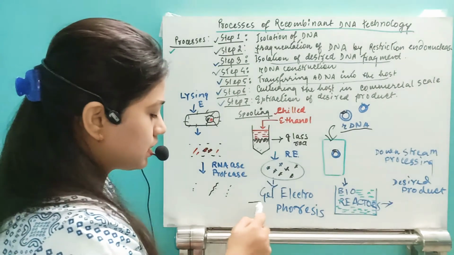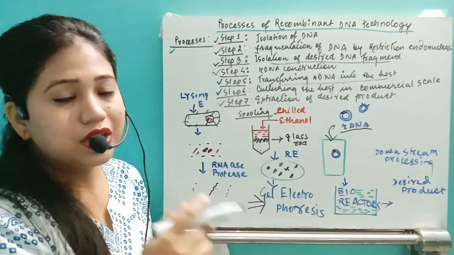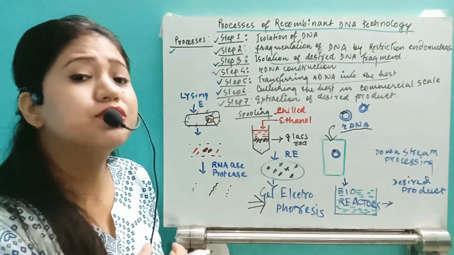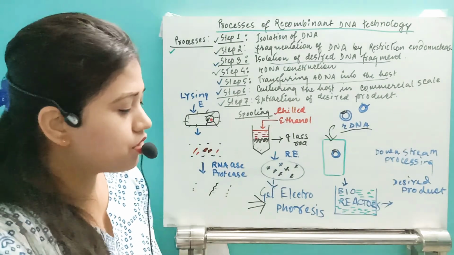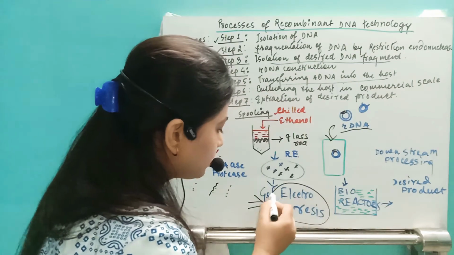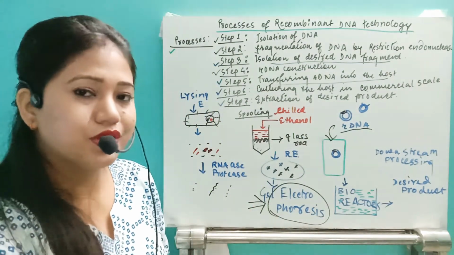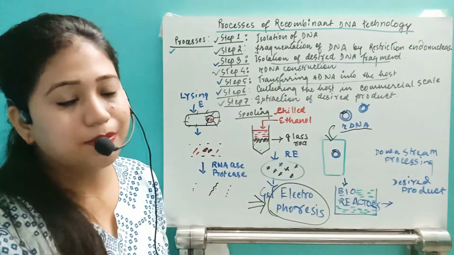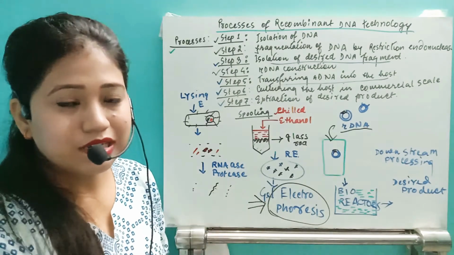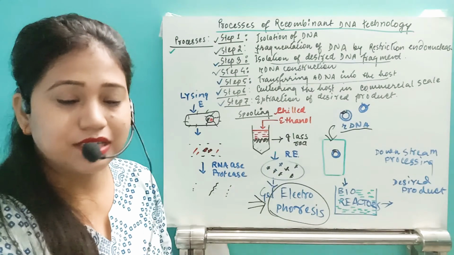But we have not discussed the gel electrophoresis. That means after the gene fragments have been cut by the restriction enzyme, how are we able to separate the gene fragments? By the process called gel electrophoresis. So gel electrophoresis is a process by which we are able to separate the gene fragments by two processes. One is the density gradient and the second one is the isoelectric point. So we will see that right now.